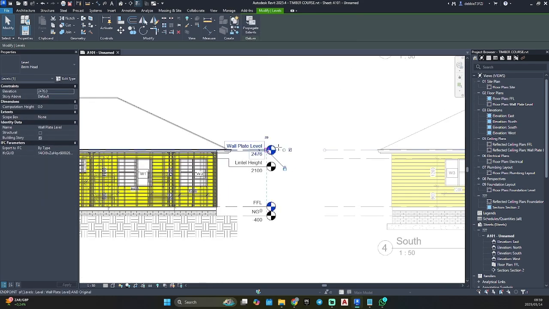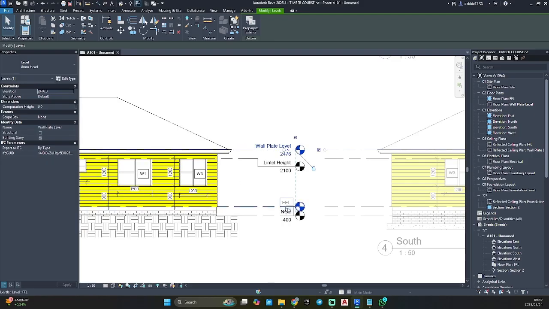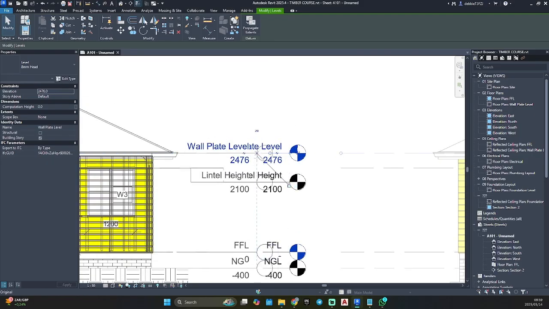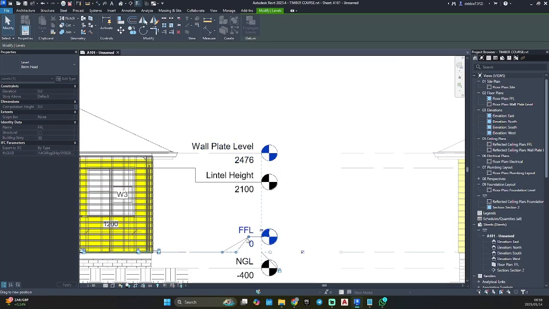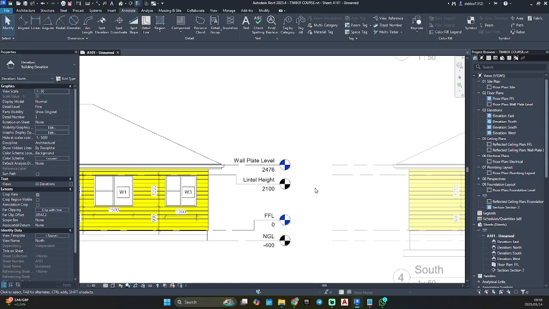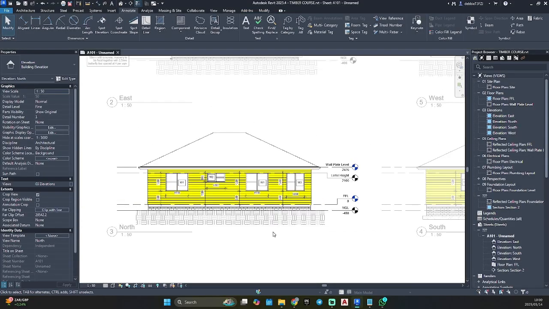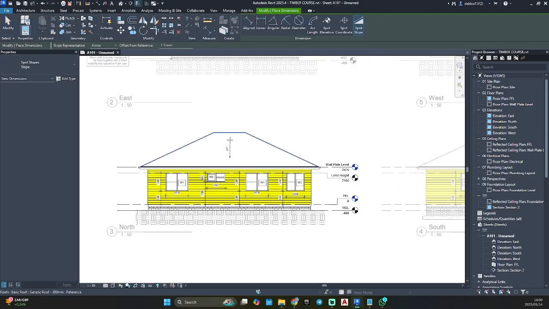Okay, now we can leave our lintel out. Let's go slope.